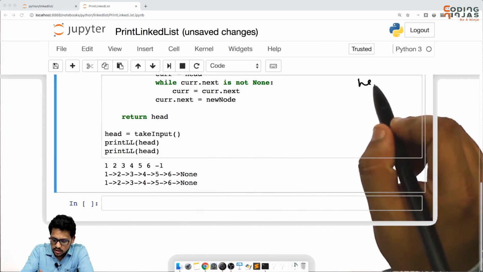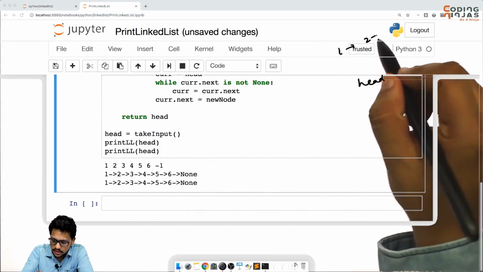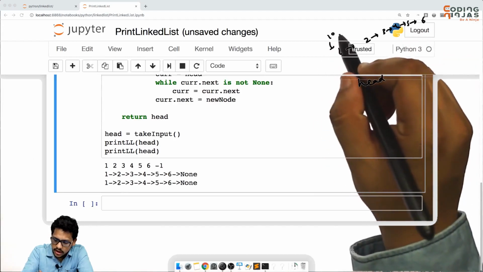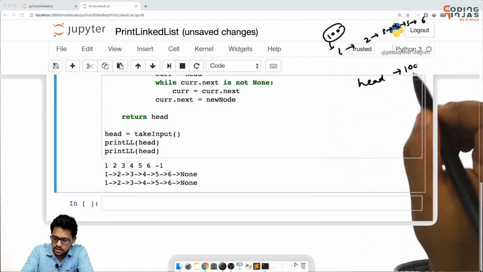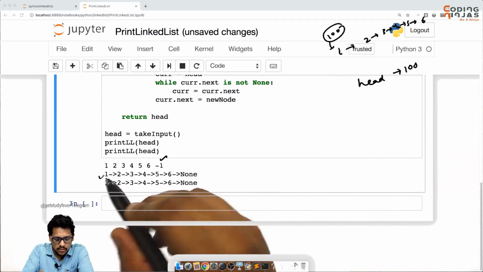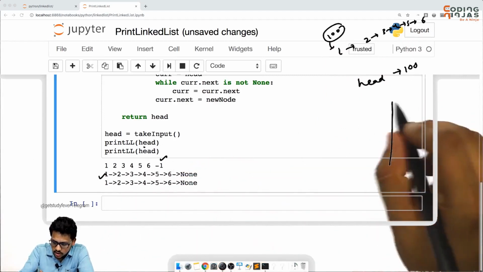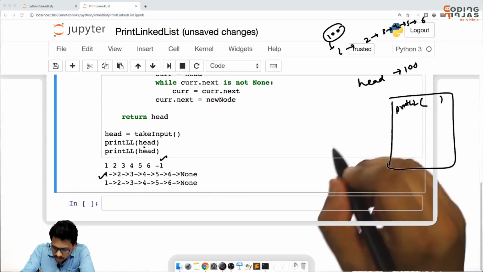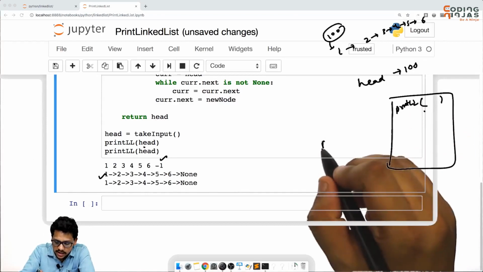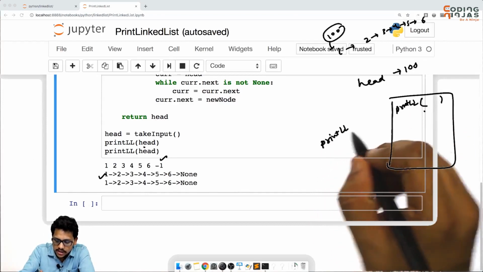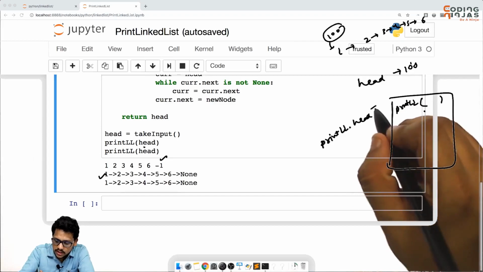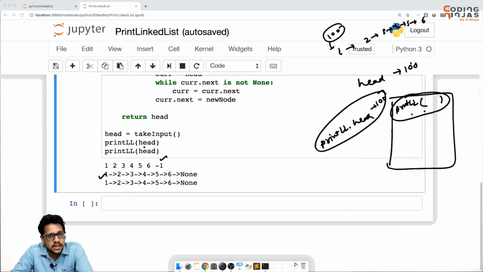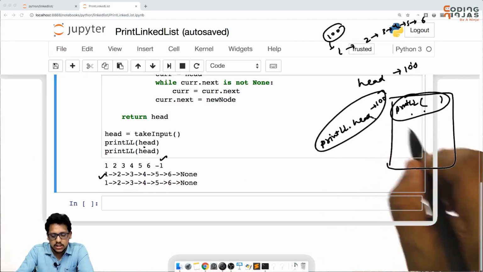First you got the head, let's say 1, 2, 3, 4, 5, 6. This is the reference 100, and you got the reference 100 in head. So head stores 100 from this. Now you come here, you call print linked list head. So a print linked list function has been made. In that, the head of the print linked list function, that means print_linked_list.head, copies this reference, that is 100. So it is a local variable of this print linked list function. Okay, so this moves on pointing.